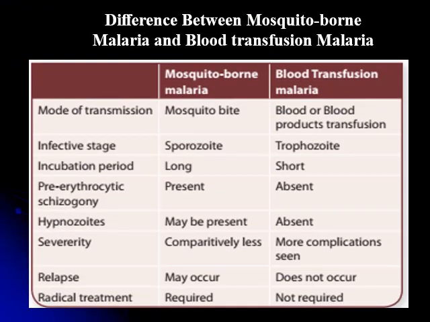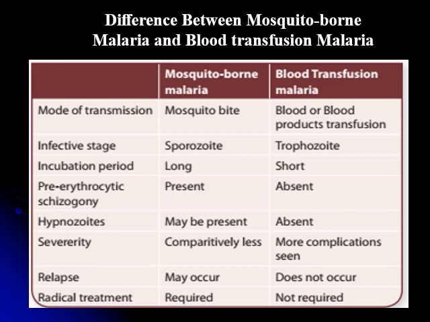This table differentiates between mosquito-borne malaria and blood transfusion malaria. As we say, we have many types of transmission. The main way of transmission is by mosquito bite, while malaria may also be transmitted by blood transfusion from an infected person to an uninfected person. The infective stage in mosquito bite is sporozoites, while in blood transfusion it is trophozoites. It has a long incubation period in mosquito bite, while in blood transfusion it is short. Pre-erythrocytic cycle is present in mosquito-borne malaria, while it is absent